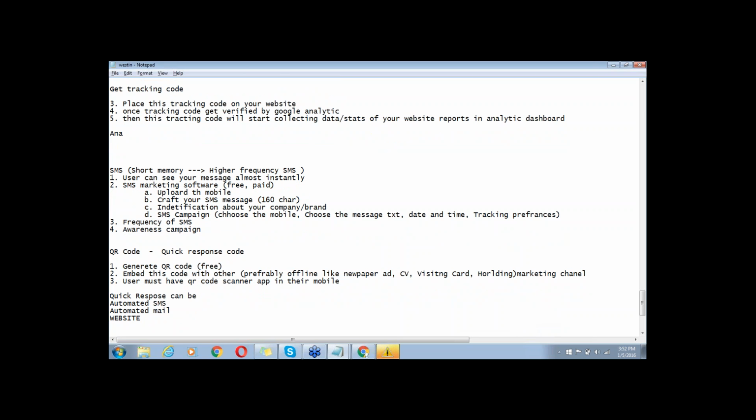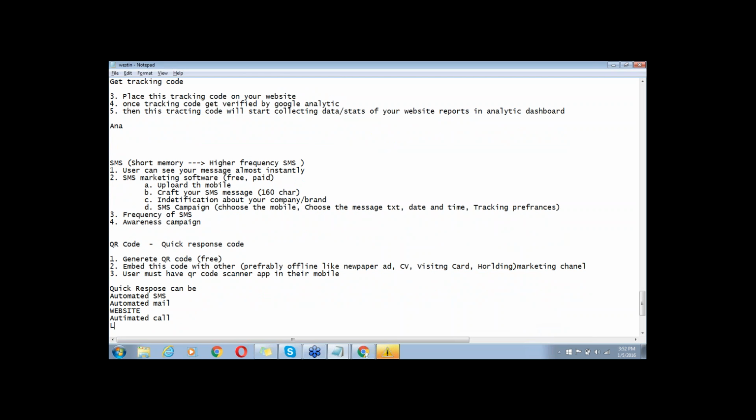It may also be an automated call, or a landing page where you can open your offer. You can present your offer or landing page as a quick response.